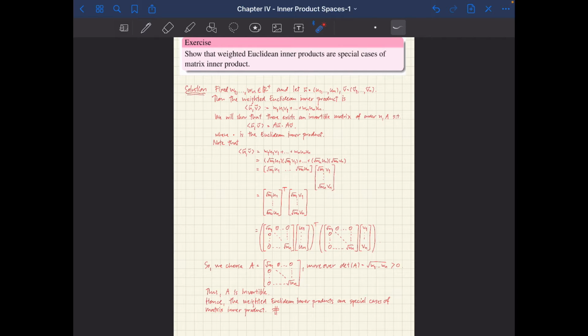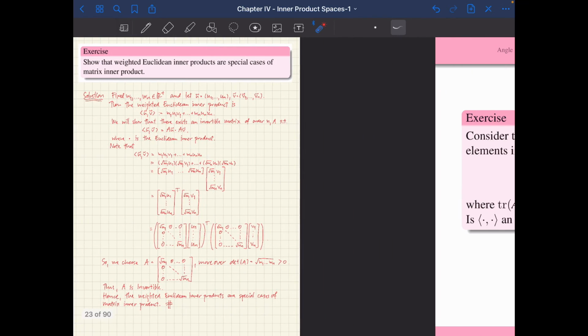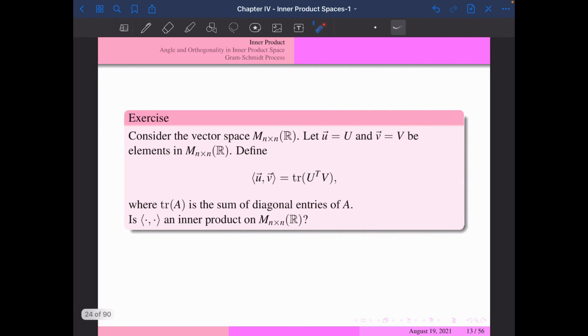Okay, next we move to another vector space. Now we will move to R^n, to be the set, or to be some object that has many dimensions. That is the matrix. Okay, we define